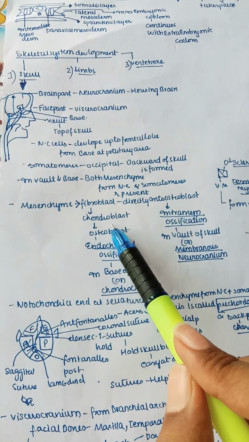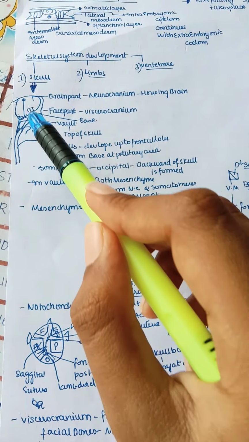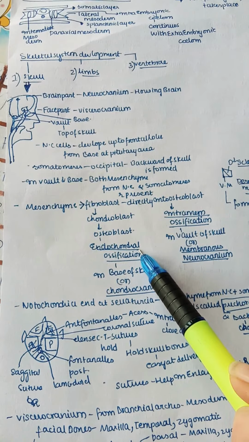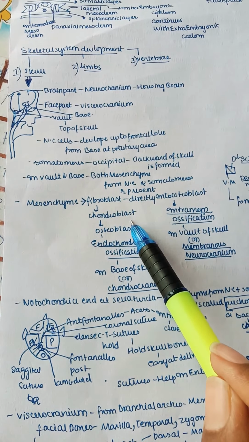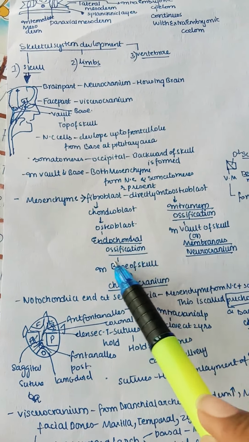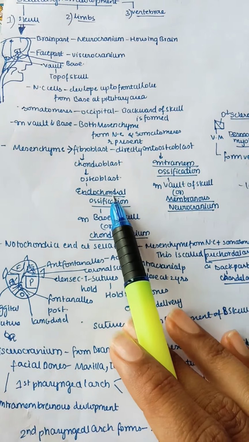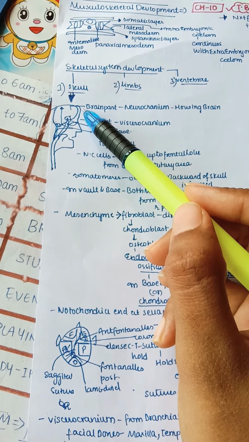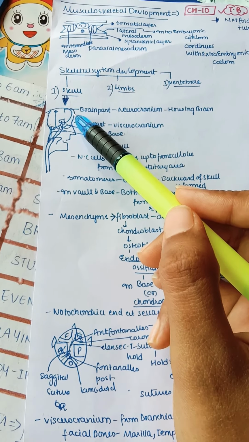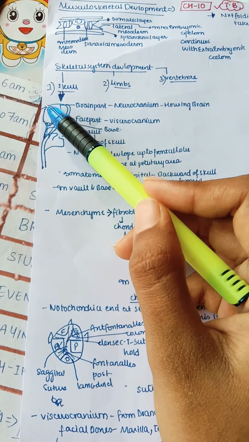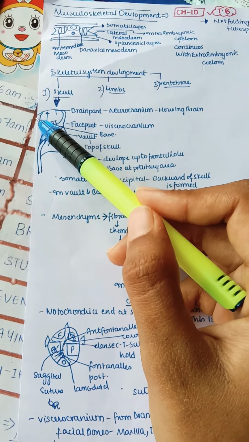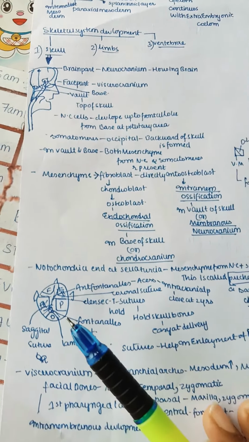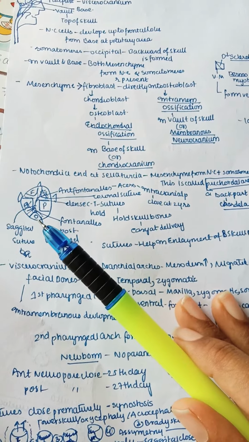But in the case of the base of the skull, remember that the base of the skull is mainly chondrocranium, or endochondral ossification, that is first the fibroblast converts into chondroblast and then into osteoblast, and so this is endochondral ossification. So the base of the skull is by endochondral ossification, and the vault or the top of the skull is by intramembranous ossification. And remember that from pituitary to the frontal part it is made by the neural crest cells, and the back part is made up of somitomeres of paraxial mesoderm, right? So this is how we need to remember the skull.